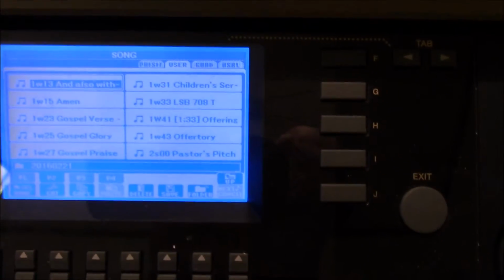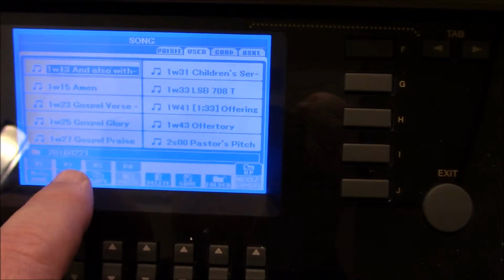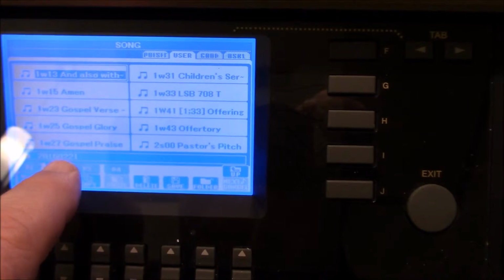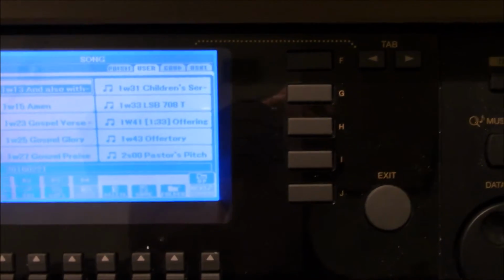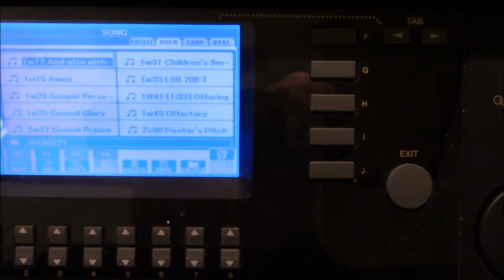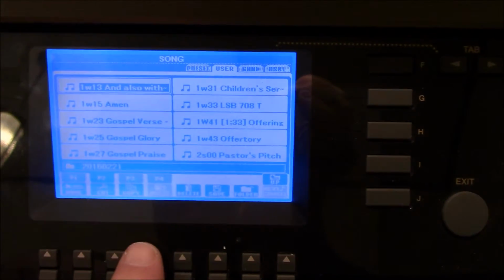And you'll notice over here it just skipped right on to page 2, which is indicated here. Page 2 is the highlighted tab, and it will just go through the entire service that way, and you can listen to the whole service. And when you get to the end of the service, let's go to the end of the service,